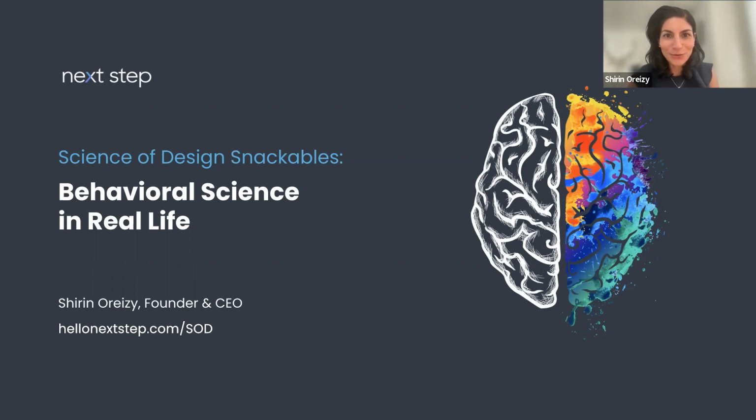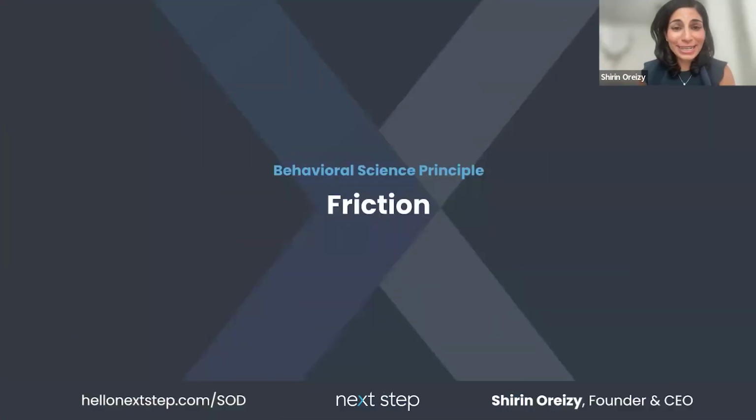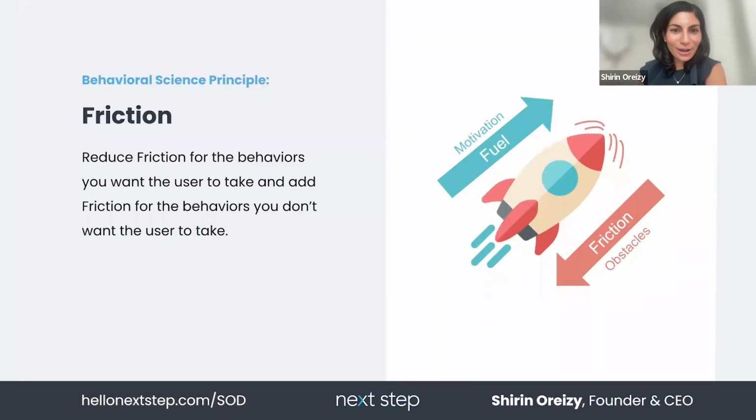Enjoy. All right, for today's behavioral science concept, we're going to be covering the behavioral science principle of friction. Friction is a common behavioral science principle that we use, and the general idea is that you want to reduce or remove friction from the behavior that you want the user to take. So basically make it a lot easier, grease the way for them to do the behavior that you want them